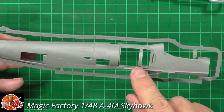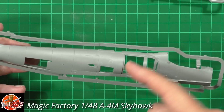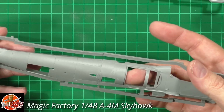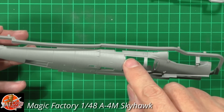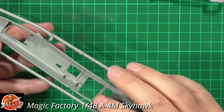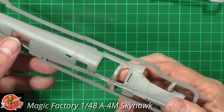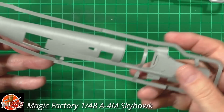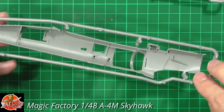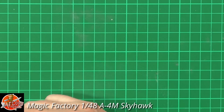Again, it's an interesting way that they've done this intake business. I know why they've done it, because obviously they can make it then without anything on the inside. But hopefully it's got a really nice deep channel down in there, so the part will just fit perfectly. The inside will have a nice look, but honestly, the amount of detail you'll see, I'm worried about an ejector pin in that mark. I don't know. To be honest, you can't really see it. But that does look very, very nice indeed. Okay,